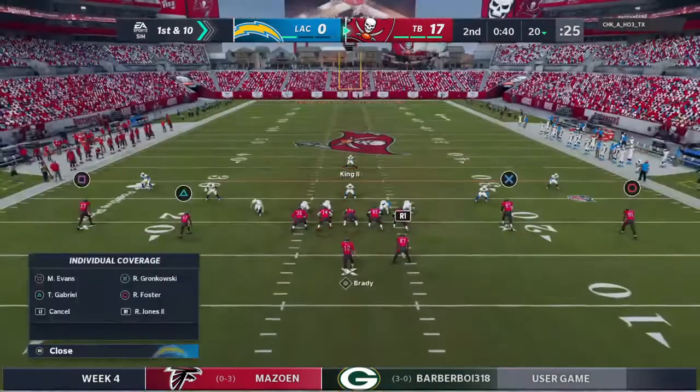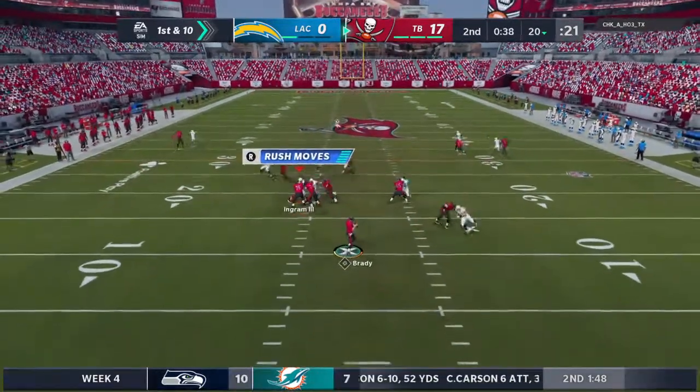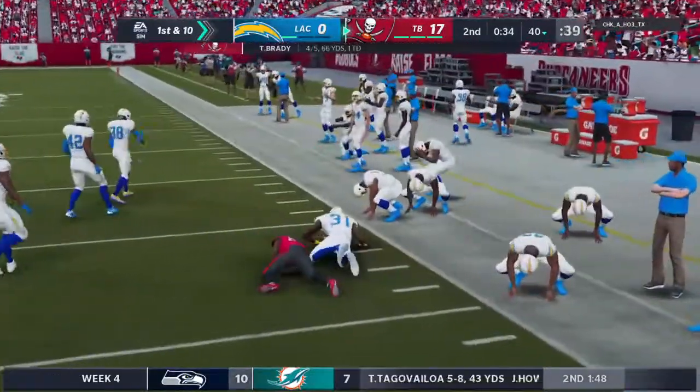The Bucs offense set to begin their next possession. You've got under a minute to go here until halftime. You've got the good-sized lead, so there's no need to do anything crazy. No, there really is no need to do anything crazy. The smart play, go ahead and take your lead into the locker room and then try and add to it